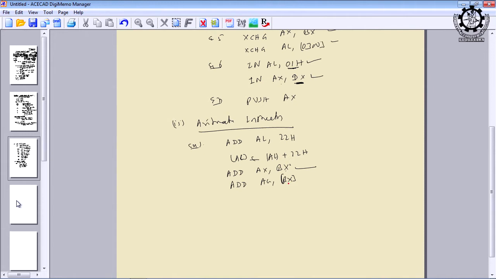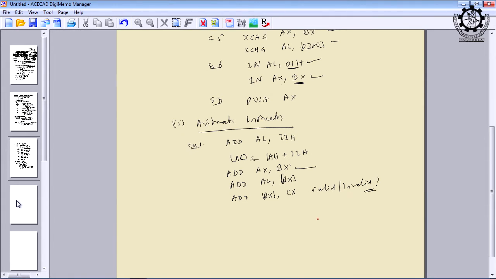That is how you can distinguish. So, the bracket is very important. If you do not give a bracket, its meaning is different, and if you give a bracket, its meaning is different. Similarly, what is the meaning of this? ADD BX comma CX. Can I write this instruction? Is it a valid instruction or not? Valid or invalid? Just verify this.